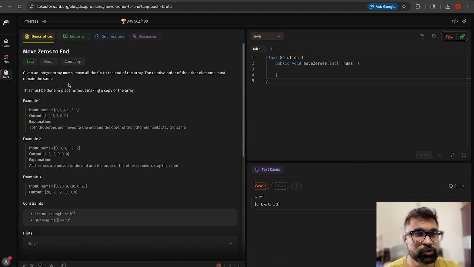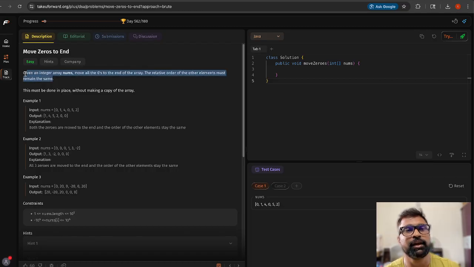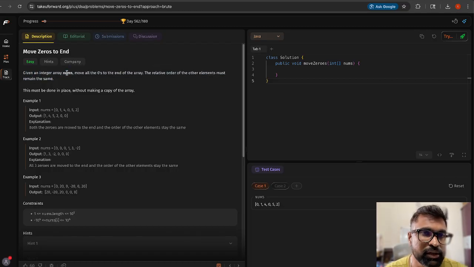So today we are going to see the next problem, that is move zeros to end. We are given an array nums, and we have to move all the zeros to the end of the array, and the relative order of the other elements must remain the same. There might be a case where the array has some zeros, or might not have any zeros, but the relative order of the non-zero elements should remain the same, and we have to move only zeros